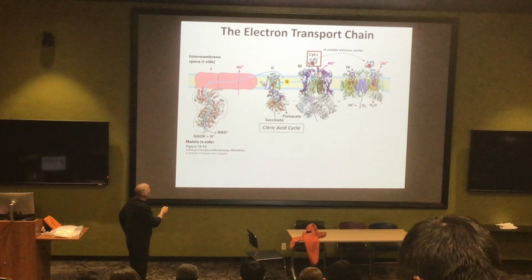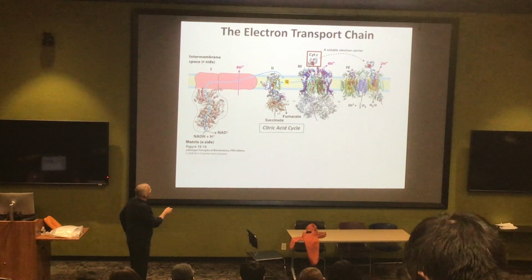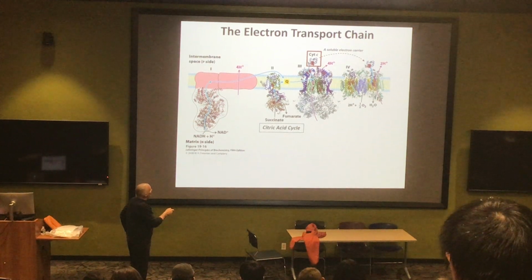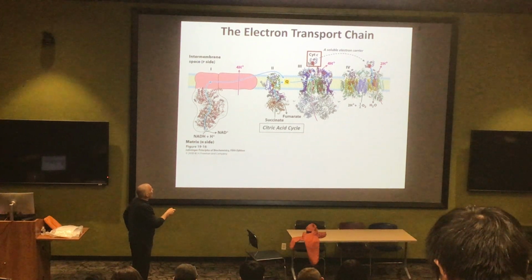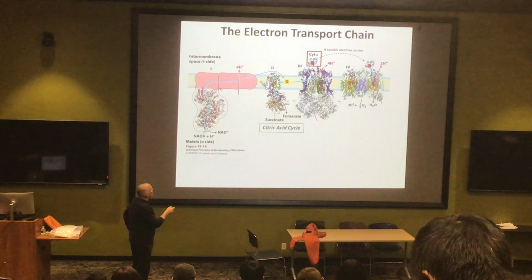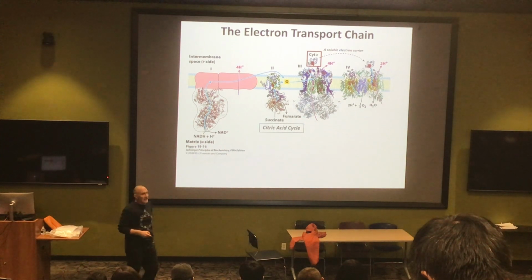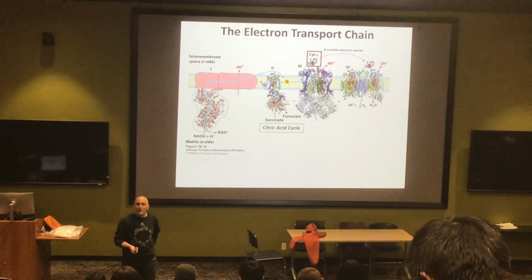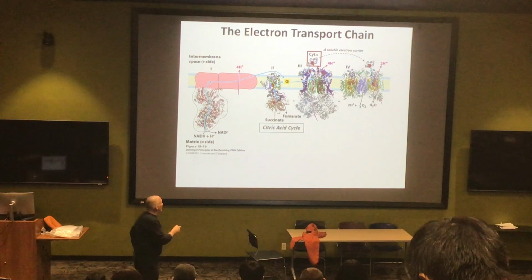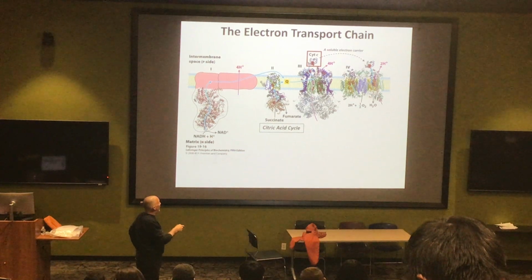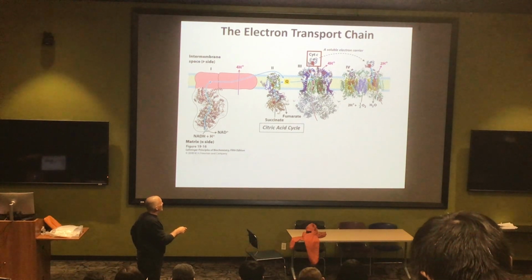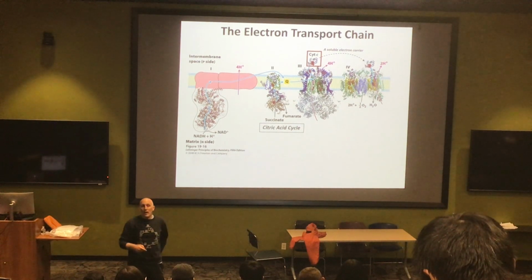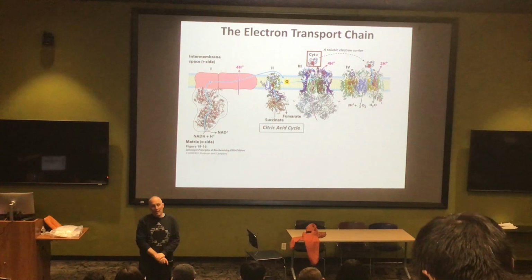Anyway, so the electrons go from 1 to 3, riding on the quinone. In 3, the quinone will get unloaded. One at a time, those electrons will get loaded onto a protein called cytochrome C. Cytochrome C is, strictly speaking, a soluble protein, but it has such high affinity for the membrane, it kind of hangs around here. Cytochrome C will bring these electrons over to complex 4, where they'll be transferred down to oxygen to make water. That's the electron transport complex.